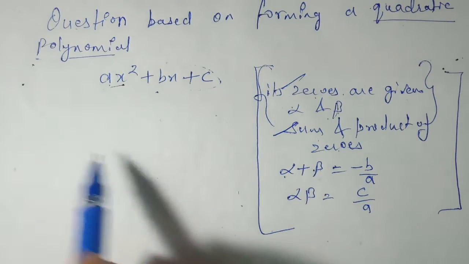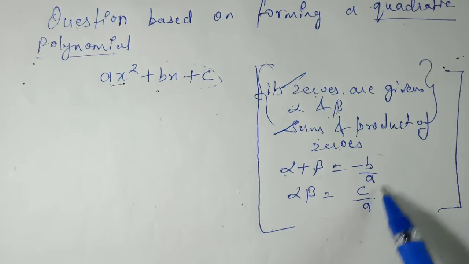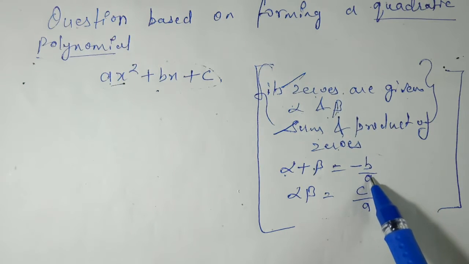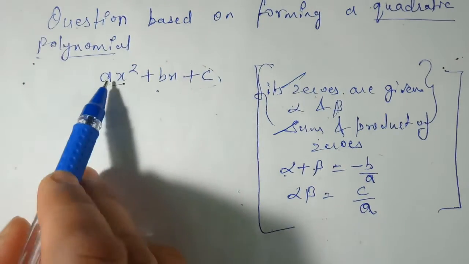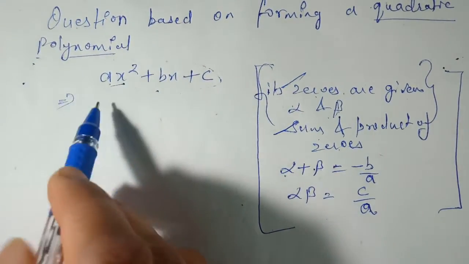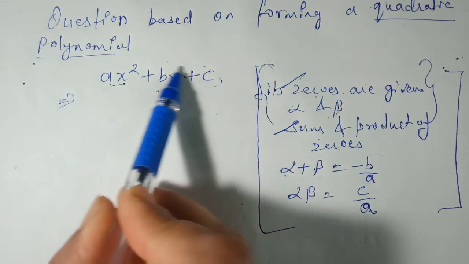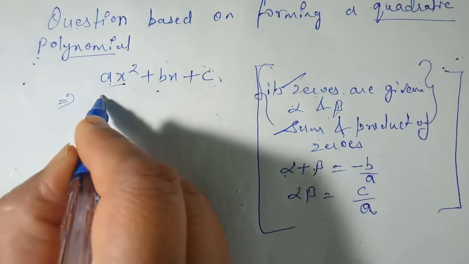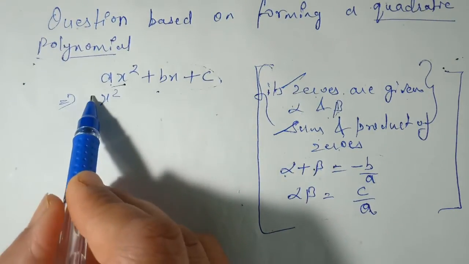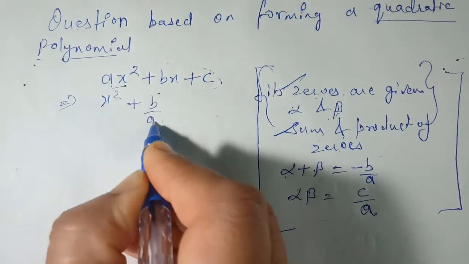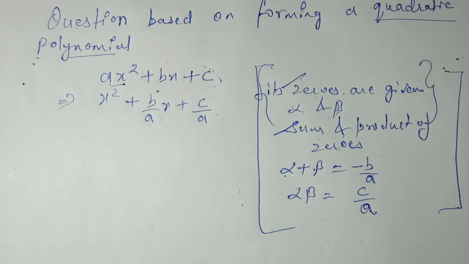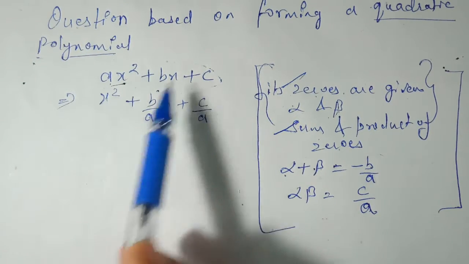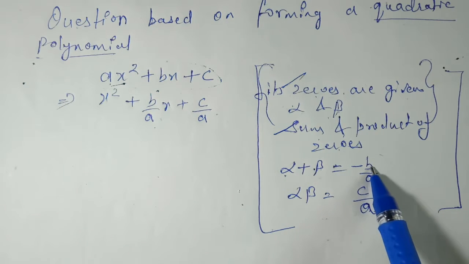So how? Let us check. One thing you first have to check is which coefficient we have in the denominator. It is a. So first of all we have to make some changes in it. What is the change? We have to divide the whole quadratic polynomial by a. If we divide by a, then a and a will be cancelled. Dividing bx by a, it will become b by a. And if we divide c by a, it is changed into c by a. So first we have divided the whole polynomial by a. Why? Because we have to bring out such a condition: b by a and c by a.